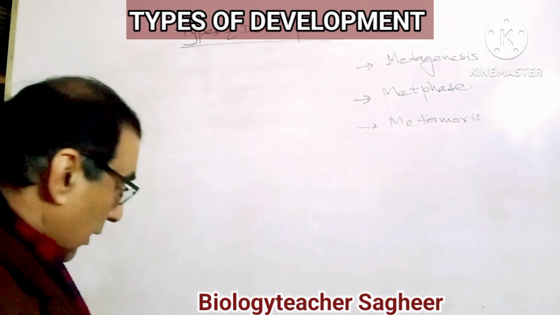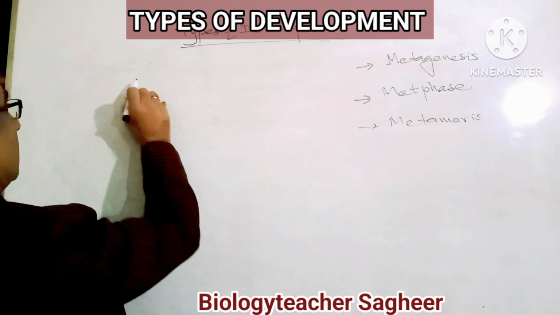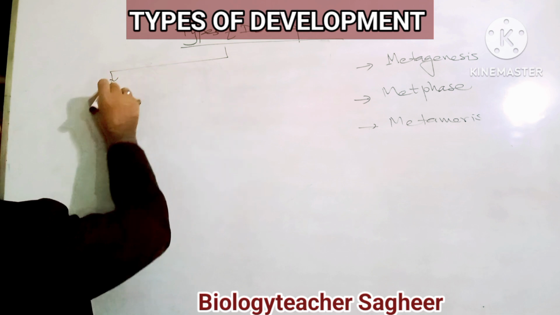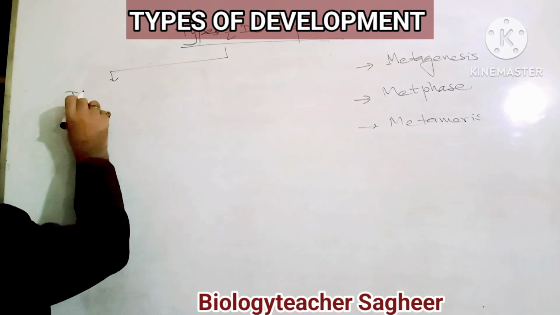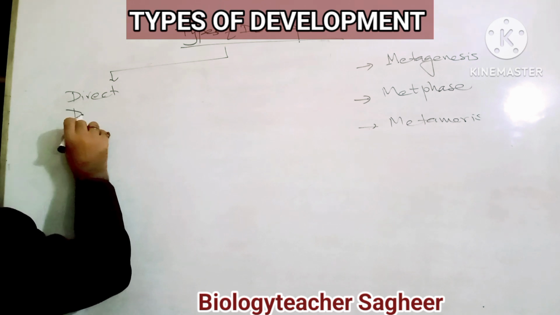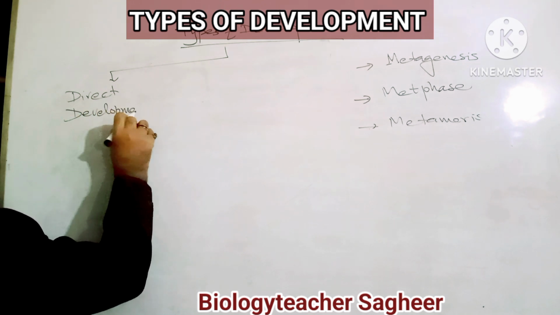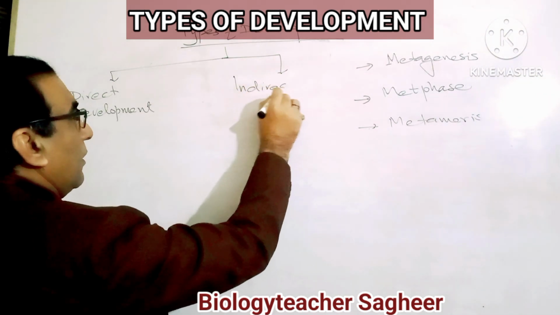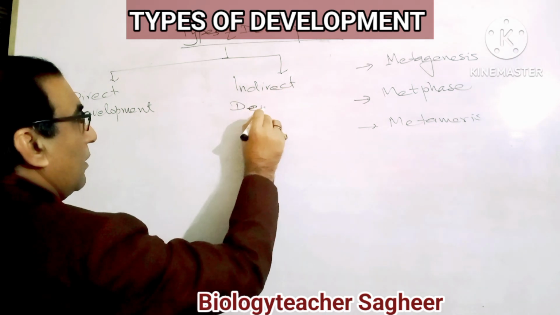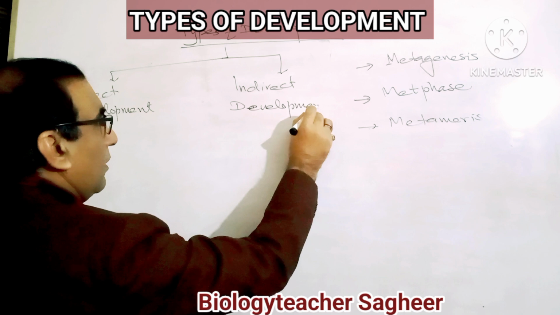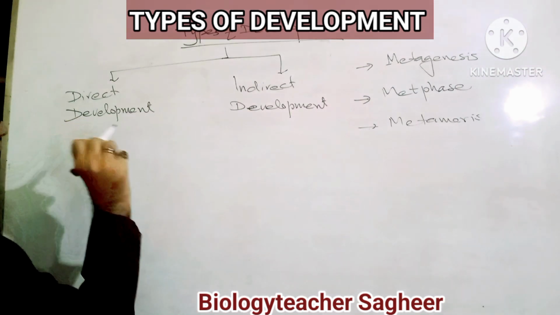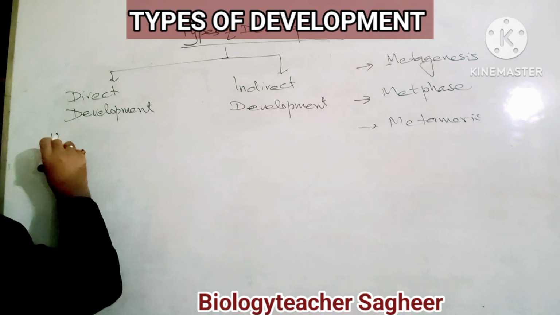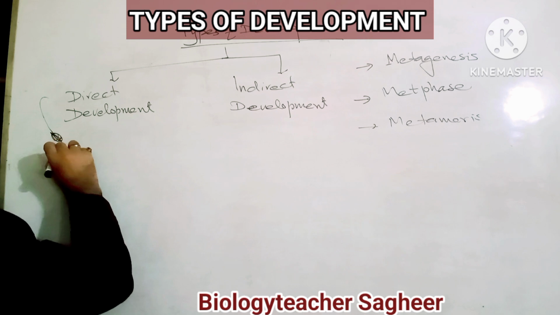Okay, development is of two types. One is what? The direct development. And the other is what? Indirect development. The direct development is that one in which the zygote is formed from the sperm and the